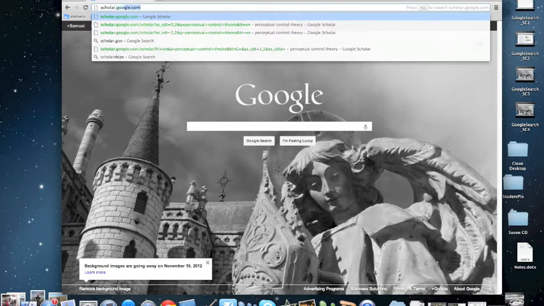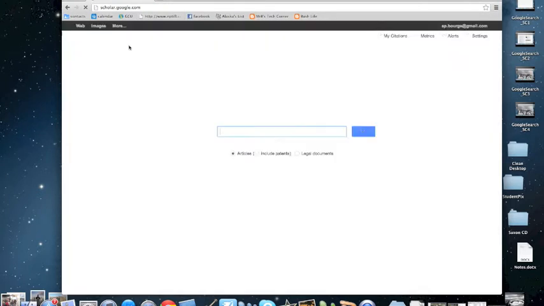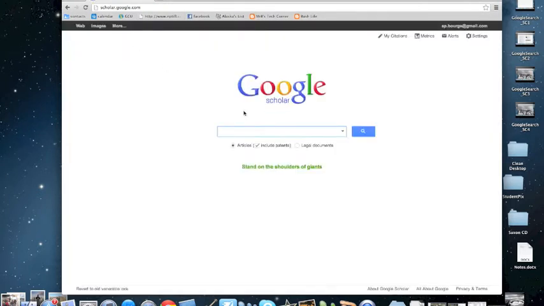scholar.google.com. Now once you go to scholar.google.com, it's going to give you a separate web interface. You can click on articles, you can include different things, you can look at legal documents. Now I'm going to go ahead and click on articles and type in one of my favorite concepts or theories,